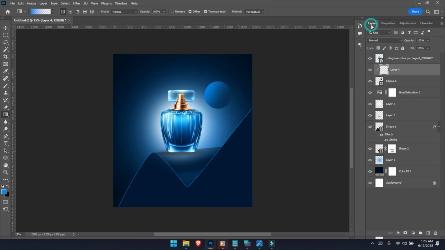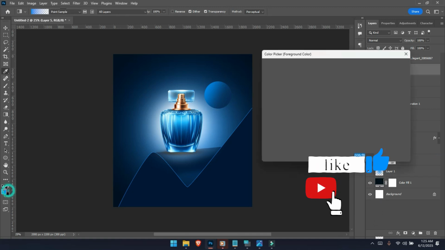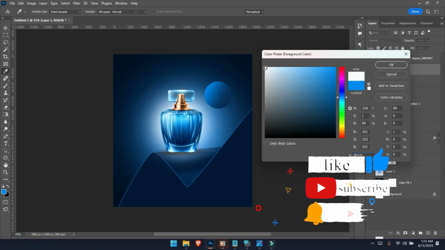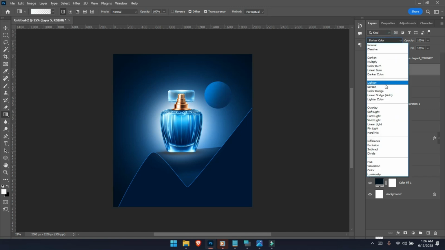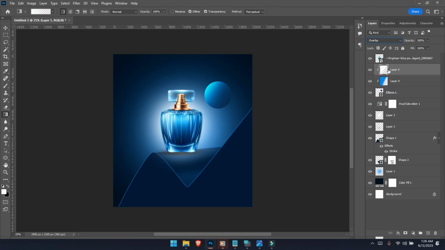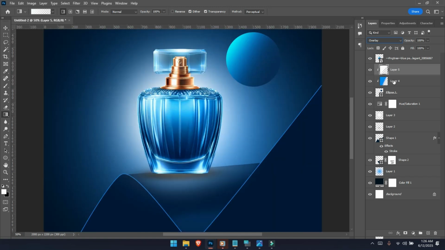so create a new layer above the previous layer we created and change the foreground color to white and let's tap just once. I'll change the blending option to overlay. Yeah, so